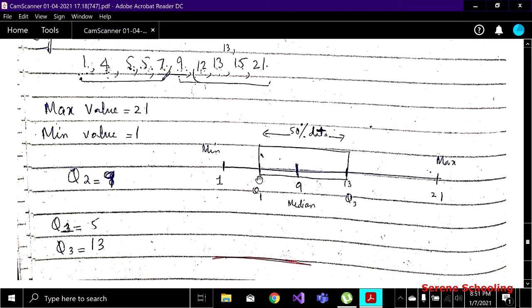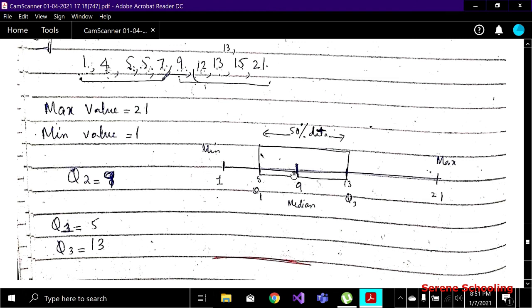But one new thing you have to know is about the shape of the box plot. Whether it is symmetric, skewed, positively skewed or what. So listen attentively. If your median, this is our median, 9, is near the center of your box, I am saying near the center of the box and not this whole line, just consider this box. If the median is near the center, we say that our distribution is symmetric. Write it down somewhere.